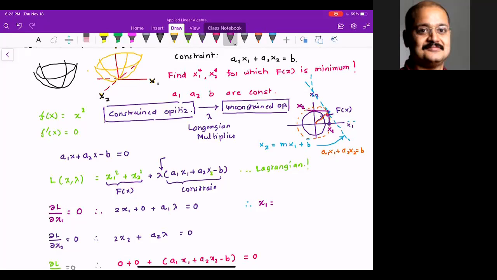Okay. So what I'm trying to say here is what this total Lagrangian does. Initially we just had the function to be minimized, but now we want to satisfy two conditions. We want the function to be minimized and we want the constraint to be satisfied. So before doing minimization, the basic condition is whatever x1, x2 I get, they should satisfy the function x1 square plus x2 square, and they should satisfy the equation a1 x1 plus a2 x2 is equal to b. So how would I combine these together?